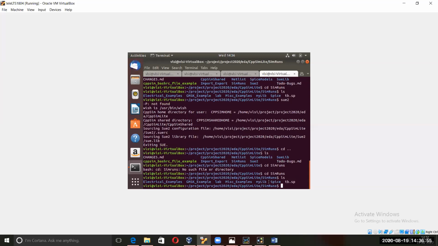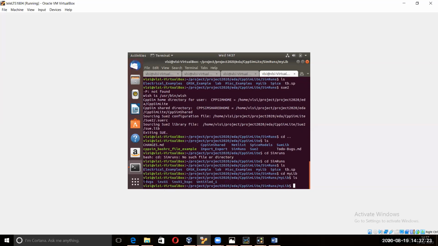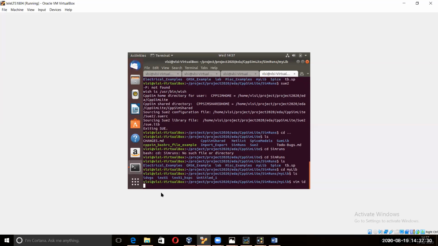Inside the Simrans, I have this mylib. Actually, I saw the path not correctly. After the HSPC run, the path which is there inside that HSPC one, exactly that you have to give to find your Simran file. Now you have changed to mylib. Do ls. My idvjs is over here, and do vim idvjs.